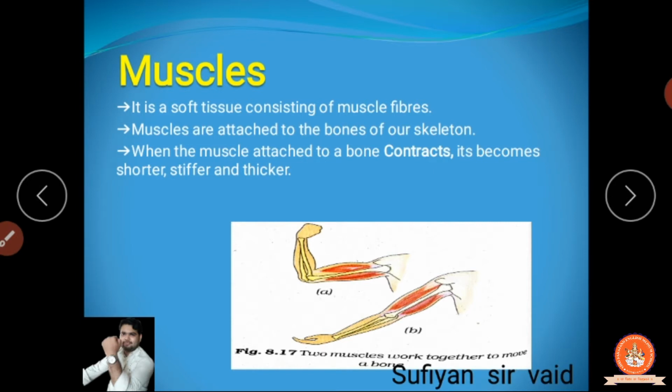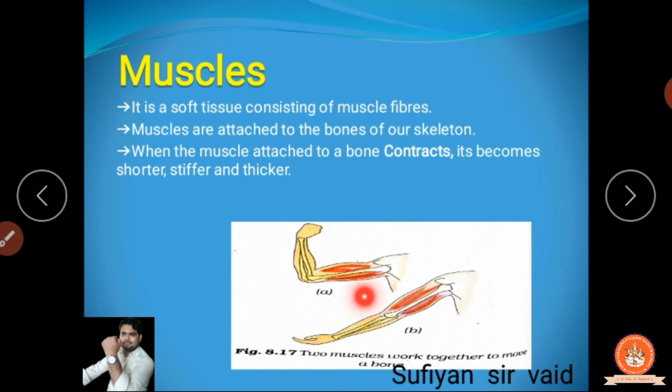Why? How is it formed? Because it is contracted. Means what? When you are just bending your arm at the elbow, at that time the upper portion is going to contract, so the huge bundle of muscles is going to contract. ये मसल contract हो जाएगा और आपको बड़ा वहां पे मसल दिखेगा. Clear? And the below portion is going to be what? Relaxed. Means the muscles always work in the form of contract and relax. If one is contracted, the next is relaxed.